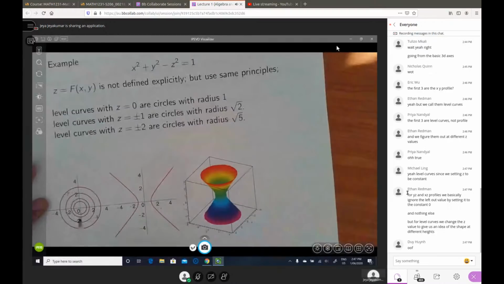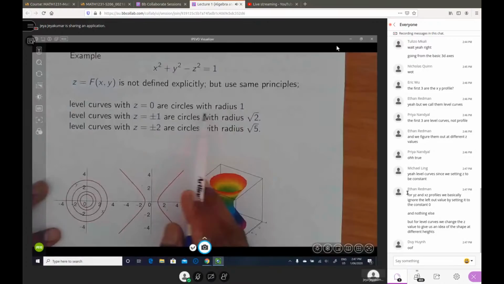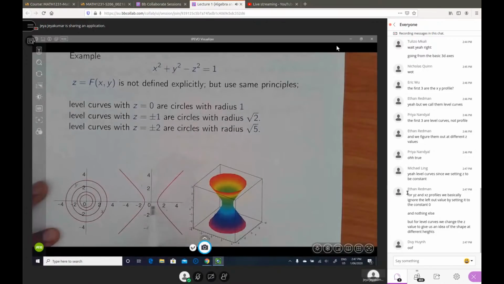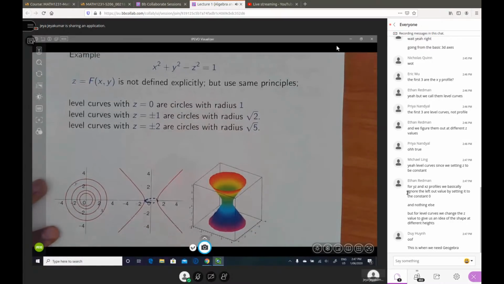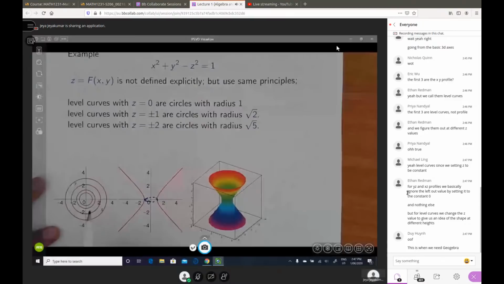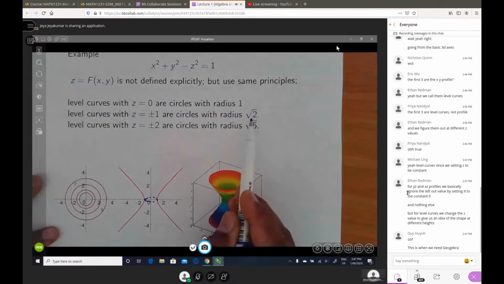So we have the level curve here. Z equals 0, the level curve is a circle with radius 1. That means in the xy plane, you have a circle with radius 1 like that here. Okay? And Z equals plus or minus 1, the level curve is a circle with radius root 2. That means